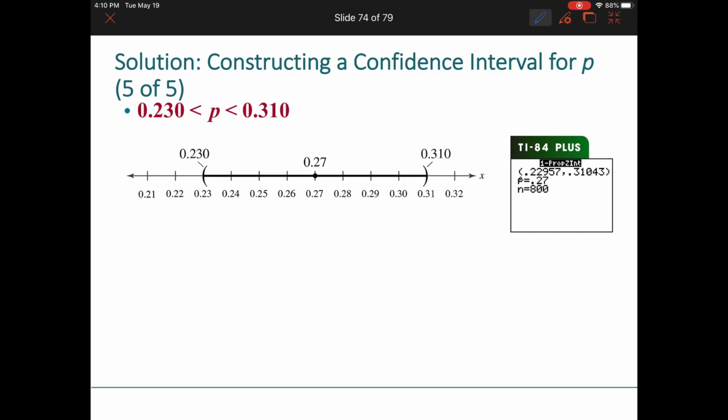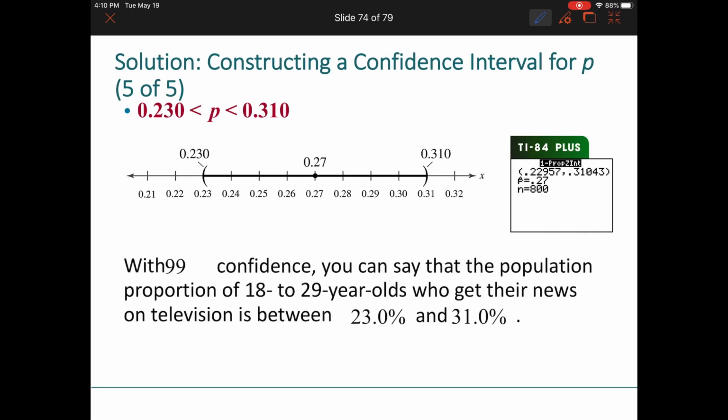There it is on a number line even. And here we have a little bit more accuracy based on the TI-84 Plus. Now, they didn't go through the steps, but as you go ahead and do that, you would find that here we have 5 decimals of accuracy in our situation. So they had p hat as 0.27 and n as 800, and follow the steps to get that if you're using